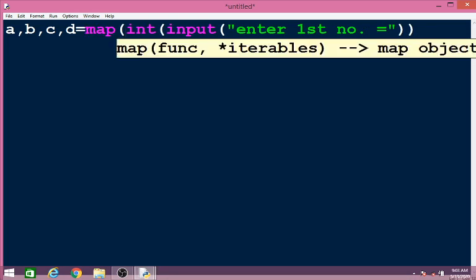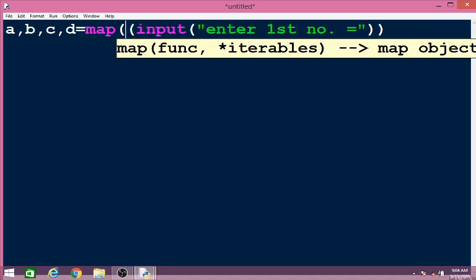The function of map is that it converts all the inputs into integer. Here we write int, which means all inputs will be converted into integer.